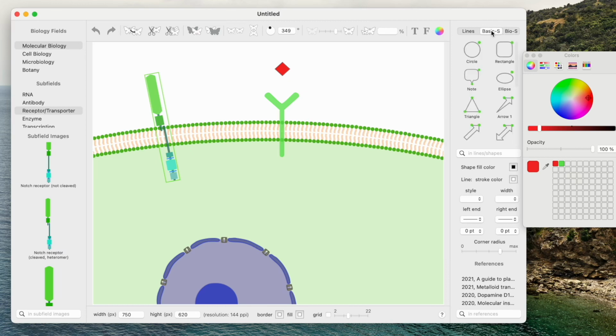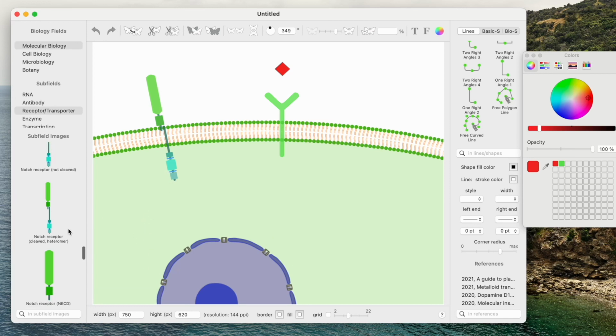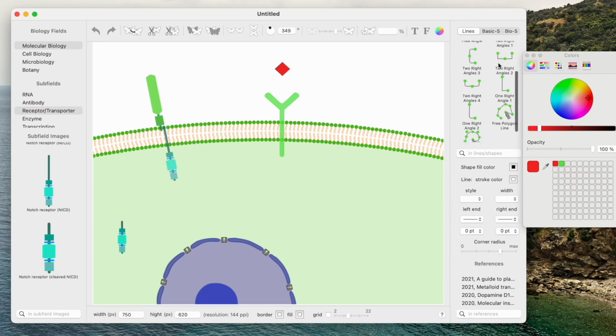If we press this button, we see the list of these shapes and also lines. Let's use these lines. We know that notch receptor can be cleaved, and the cytosol part located here then moves into the nucleus. At the left side we have this cleaved part of notch. We can again make it a little bit smaller, and then for example we can use this line, drag and drop